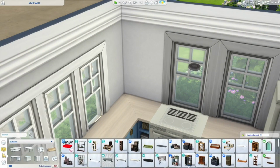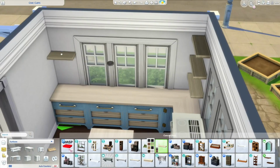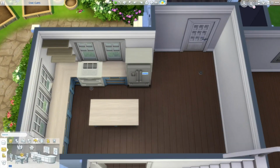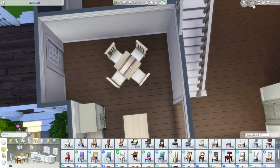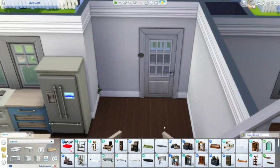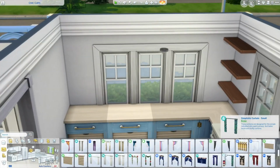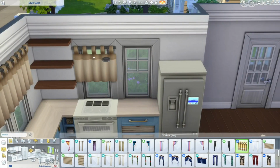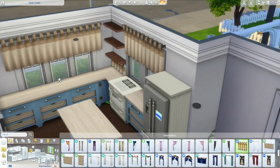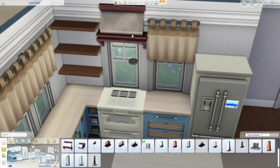I mean, we've already done the landscaping at this point, but I really like it. But on the interior, I at first wanted to do a very bright home. I had already decided that this house was going to be called a bright family home, so I wanted it to be kind of bright. But then I came back. I feel like I built this and then I came back a few days or even maybe a week later and decided to not make it that bright, but it's still brightish, but it's a lot of